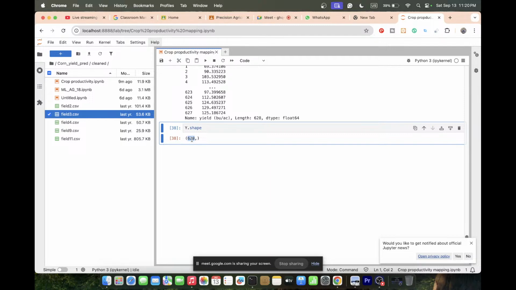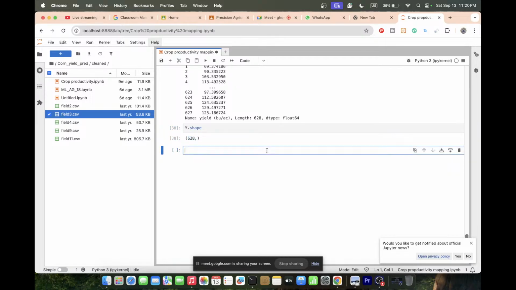So now when we apply machine learning or linear regression, we need to import some libraries. The first library I simply put: from sklearn dot model selection import train test split. Just simply import the train test split function, and then